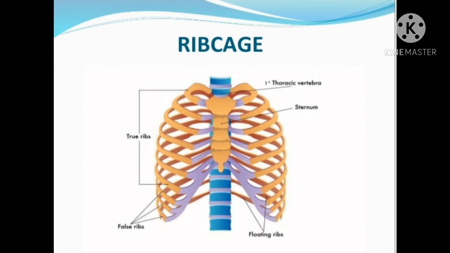Each rib joins the backbone at the back and the breastbone or chest bone or sternum in the front. The last two pairs are not joined to the sternum, and therefore the last two pairs are called floating ribs. The rib cage protects internal organs like heart, lungs, part of stomach, kidneys, etc. So it is very, very important.